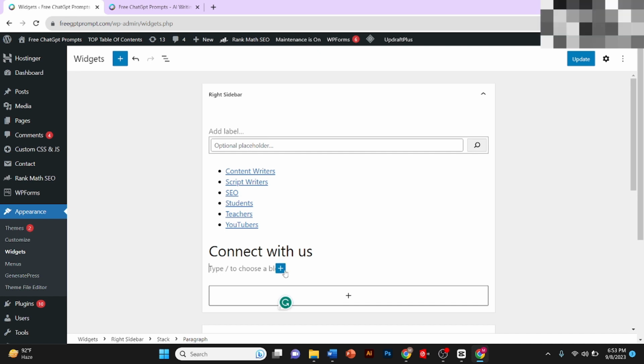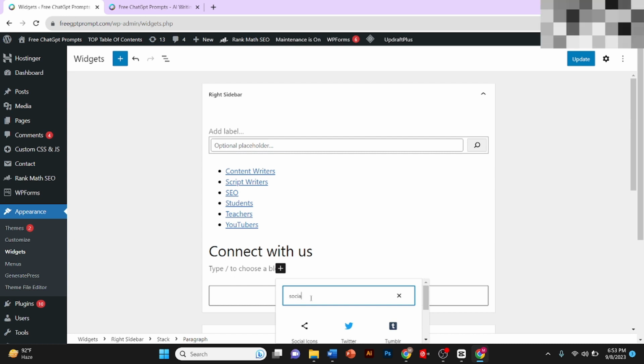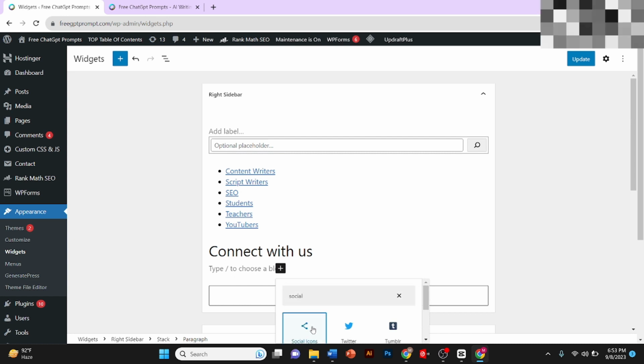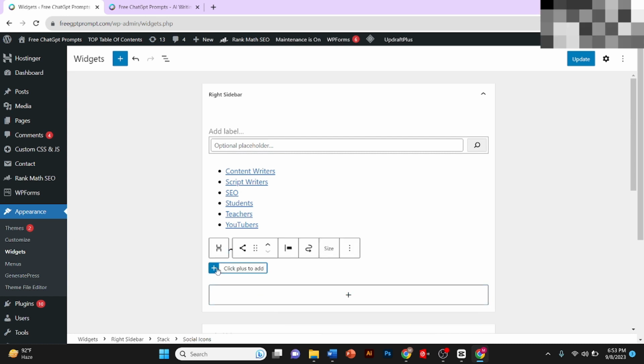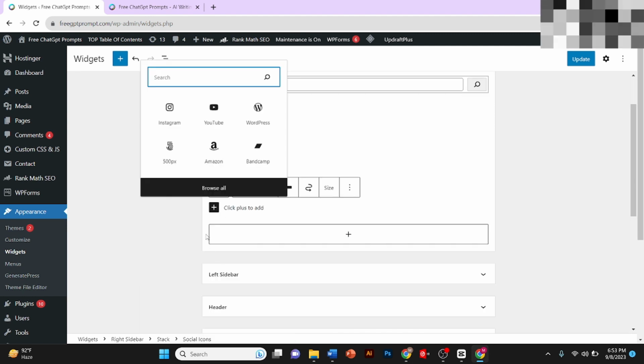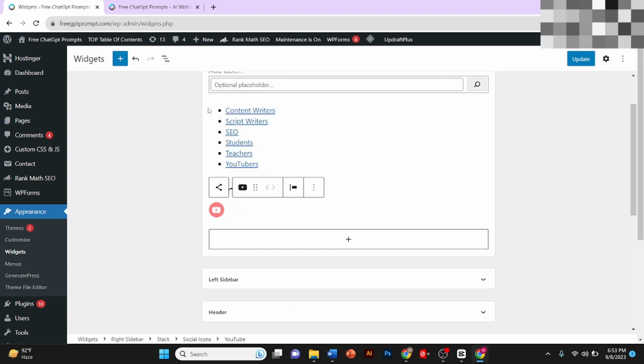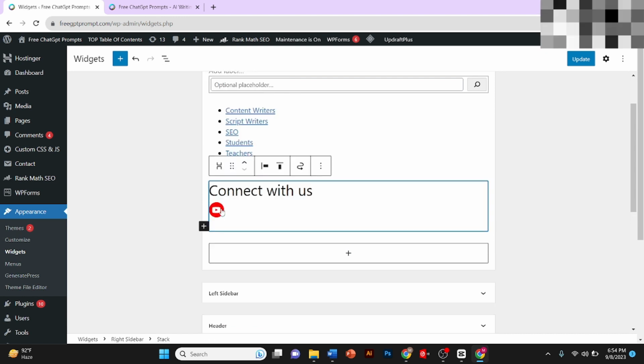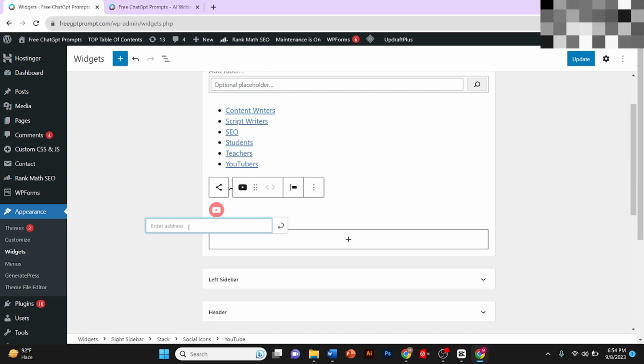After clicking enter, I'll click on this plus icon, and here I'll search social and I'll click on social icons. Now I need to click on this plus icon again, and from here you can add your social media accounts. For example, I want to add my YouTube, and if you want to provide your YouTube email address, you will